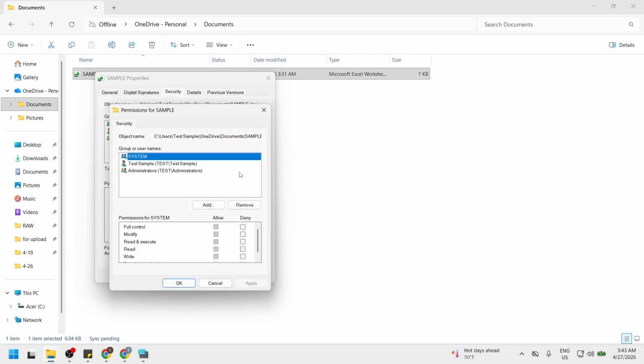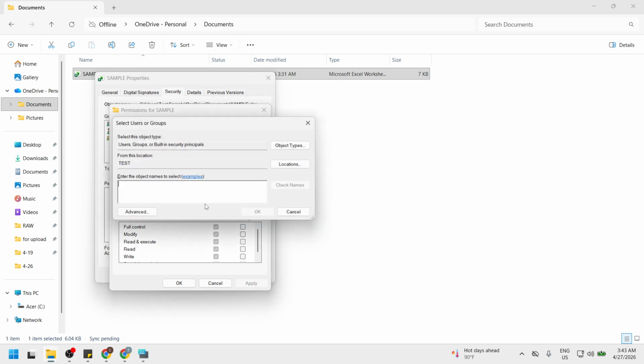You may be prompted by Windows to confirm that you want to make changes. If so, approve the prompt. This moves you into the screen where you can actually modify permissions. Click the Add button. In the box that appears, type everyone exactly as a single word. Then click OK to add that entry.